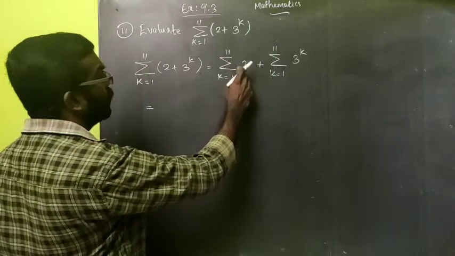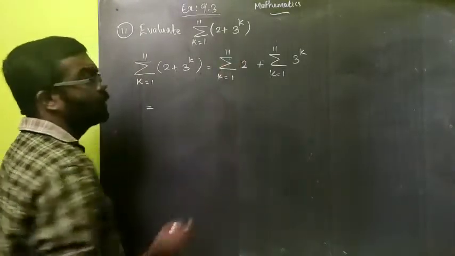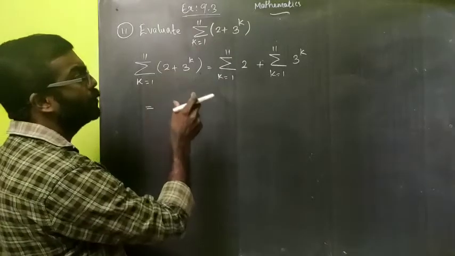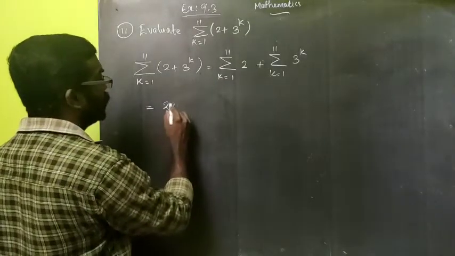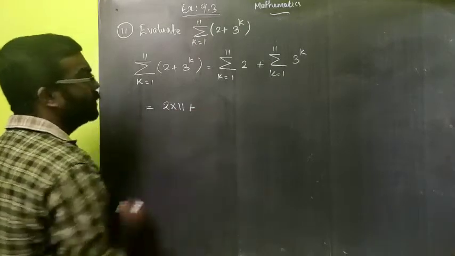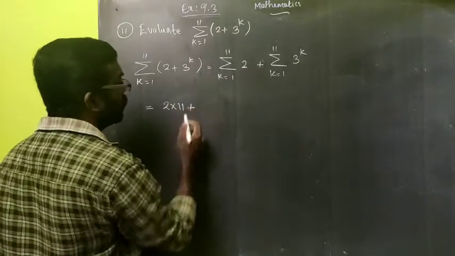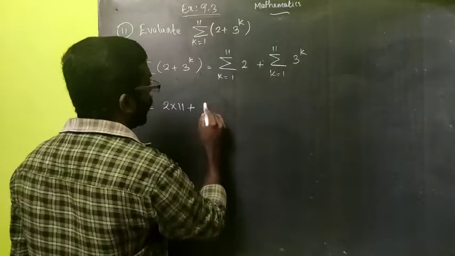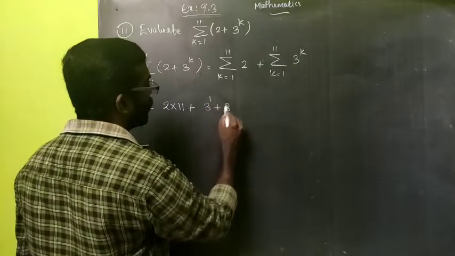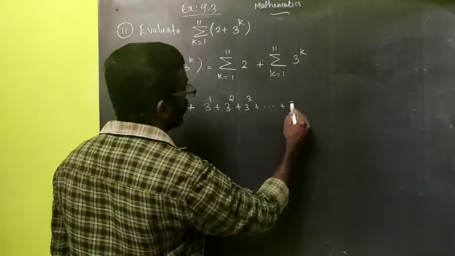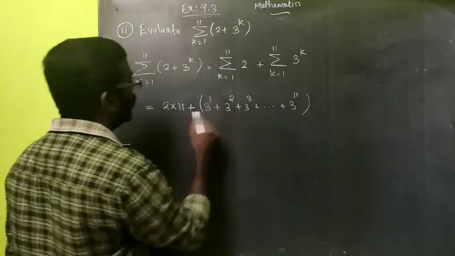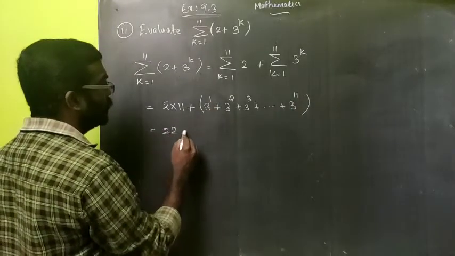Here no terms involve k, for k equal to 1 to 11. So we have to write 2 eleven times. Okay. So the answer will be 2 into 11, then plus, here we can replace the values: 3 raised to 1 plus 3 square plus 3 cube plus etc. plus 3 raised to 11. That is 22 plus